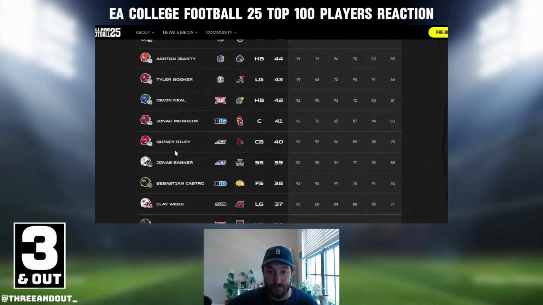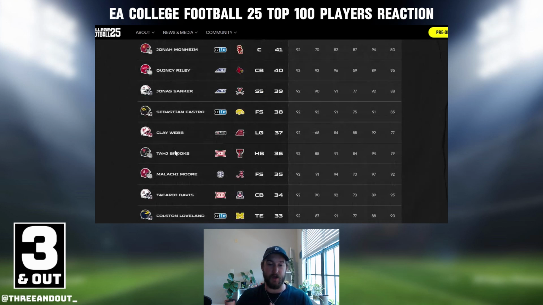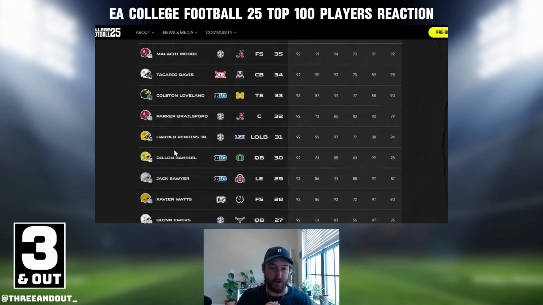Dylan Gabriel, 92 overall. New quarterback transferring to Oregon. We'll see how they do this season in the Big Ten. I'm really excited to see how that conference plays out. I think it's them and Ohio State at the top of that conference, and I think Dylan Gabriel, excuse me, will be leading the charge for the Ducks and will be a very big factor in whether or not they make the conference championship and or win the conference.